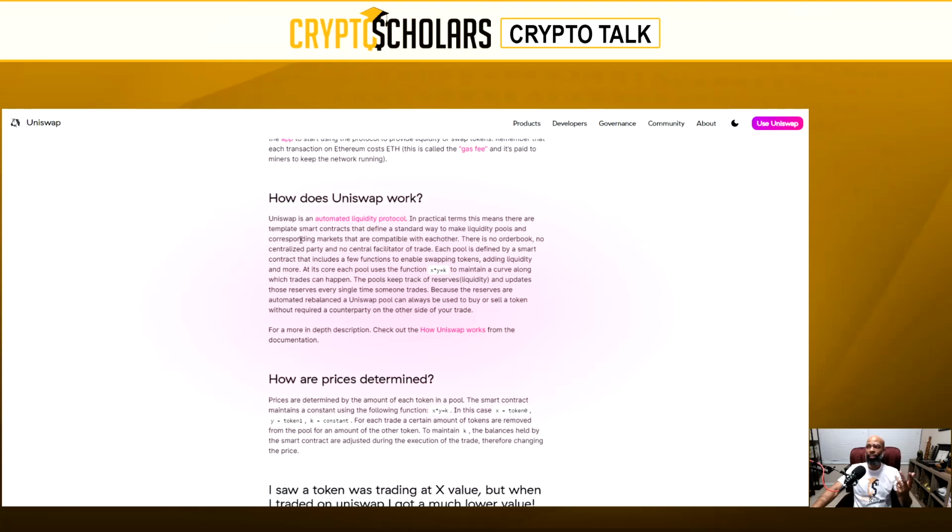Now, going down to how does Uniswap work? Uniswap, as we talked about, is an automated liquidity protocol. In practical terms, this means there are template smart contracts that define a standard way to make liquidity pools and corresponding markets that are compatible with each other. There's no order book, no centralized party, and no central facilitator of trade. Each pool is defined by a smart contract that includes a few functions to enable swapping tokens, adding liquidity, and more. At its core, each pool uses the function x times y equals k to maintain a curve along which